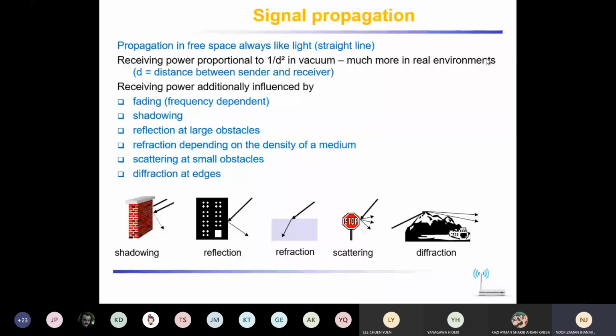So just have a look at how they are coming, how they are shadowing. These are the different types. We just mentioned the names for your better understanding. How is the shadowing? How is the reflection? How is the refraction? And how are the signals scattering? So these are the different cases, different environments, different positions when the signals are coming from the satellite and they collide with this type of material. So then, what is happening to the signals?